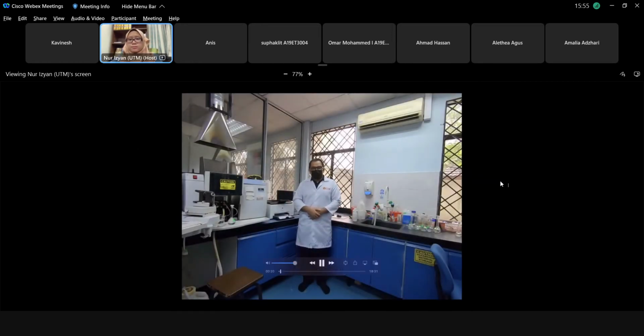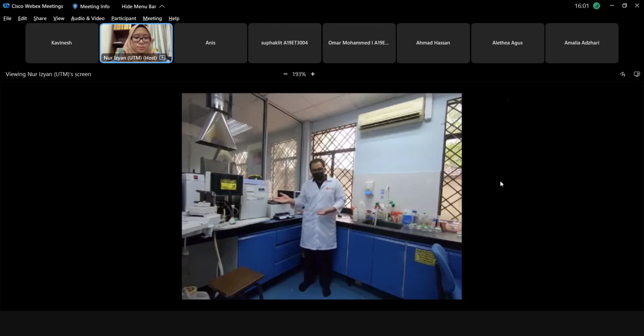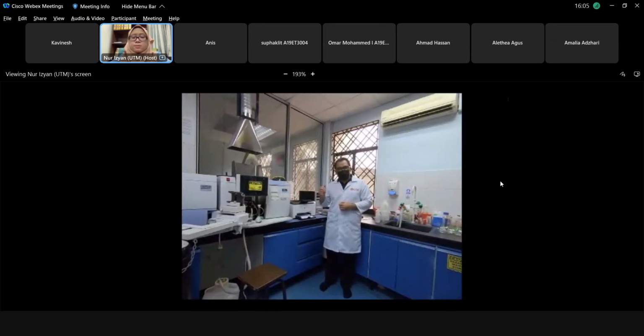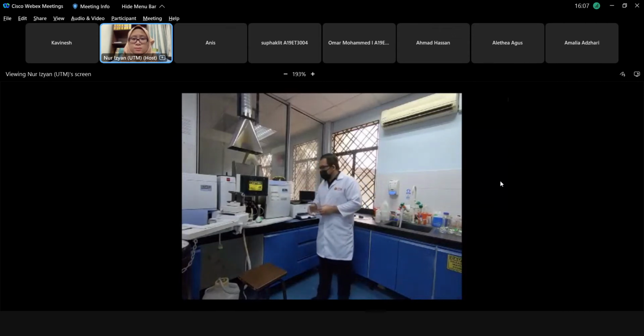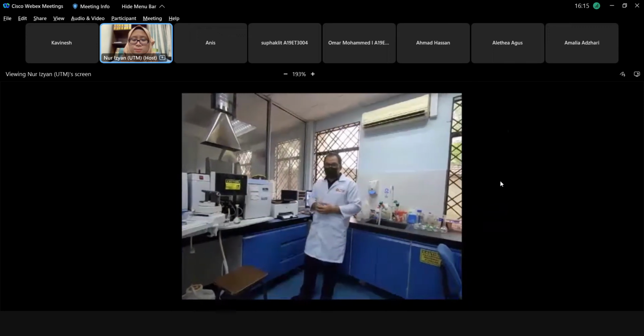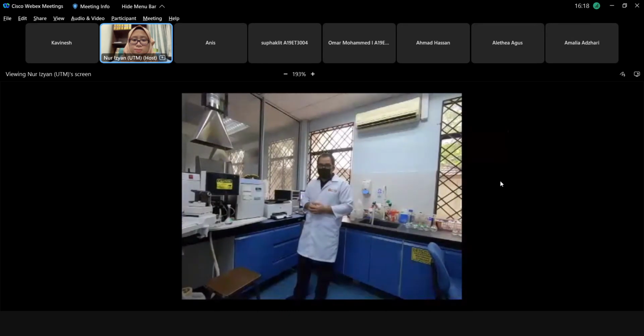Now, I'm going to explain to you about our experiment number 3, which is determination of zinc by linear calibration and standard addition methods using atomic absorption spectroscopy. The machine beside me. Atomic absorption spectroscopy is a technique for determining the concentration of metal elements or minerals in